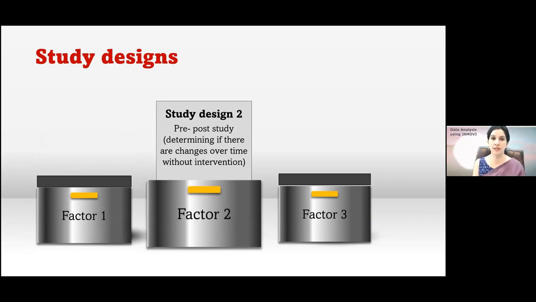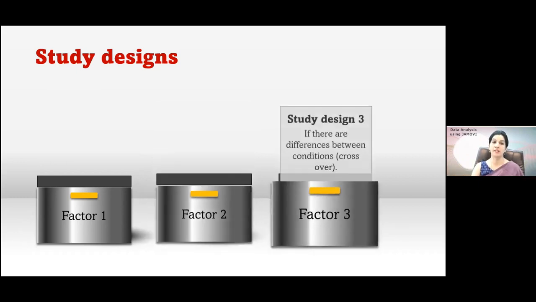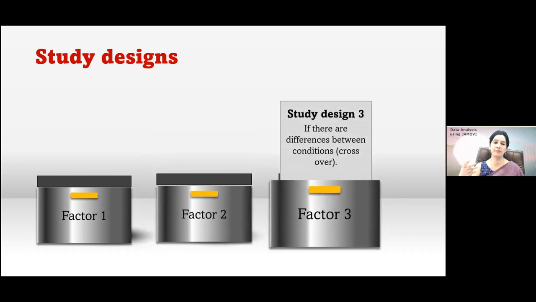Similarly, if you have done some intervention, like exercise therapy or yoga therapy, on some group of individuals, you can measure the depression score before and after. It should be categorical, so not a score, rather people who are depressed versus not depressed before the yoga therapy and then after the yoga therapy. So it depends whether you have an intervention, or it can be done at two different time points without intervention also. Or the third situation, it can be done if there are differences between conditions,